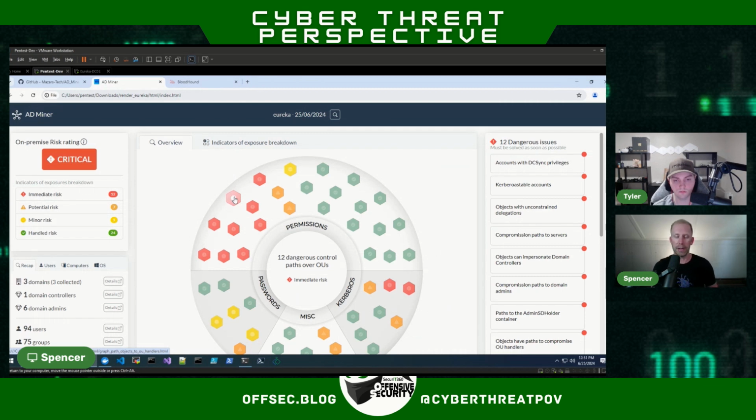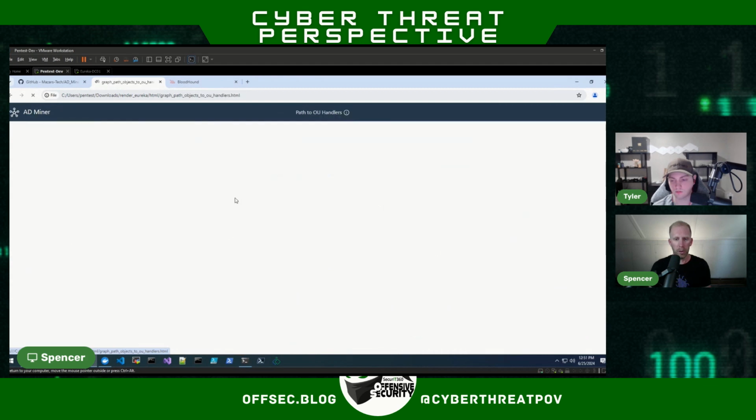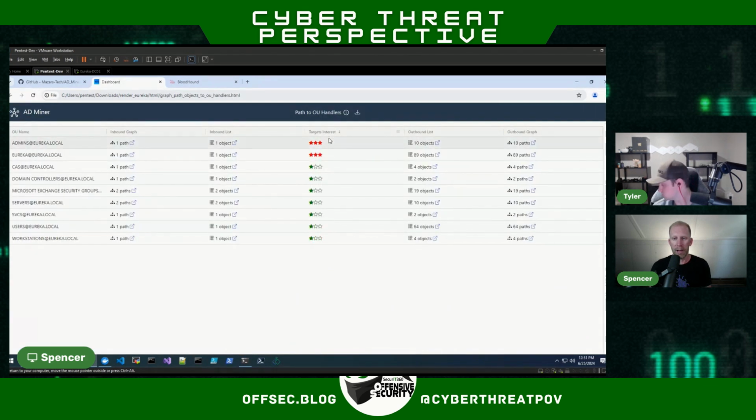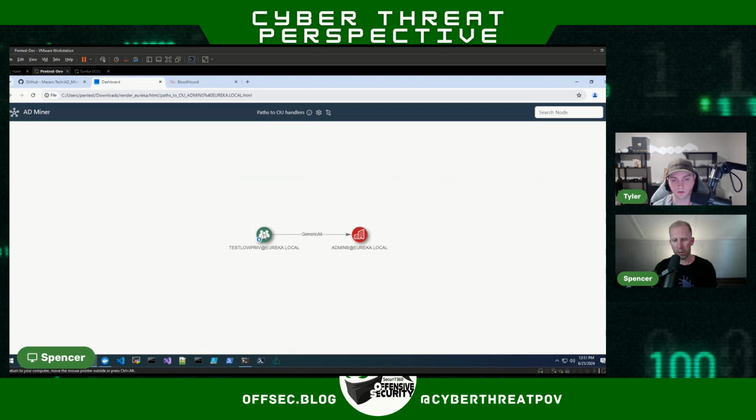They might not necessarily lead to domain admin or full control over the environment, but it might be a control path over some other object or even some security group or a privileged account, something like that. So this dangerous control paths over OU has another interesting element, which is this target interest. It knows this is probably a high value target, as they would call it in BloodHound, right? So this admin's OU is probably a high value target. It highlights this with red stars, and then you can click on the path, you can click on the object list or the inbound list, and you can see, okay, cool, test low priv user has